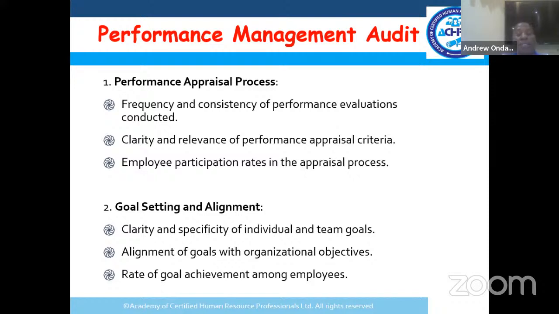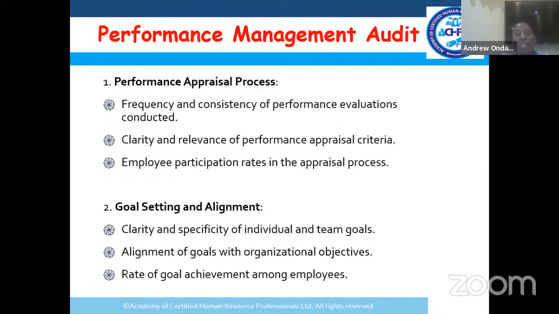And then lastly is the rate of goal attainment. And that is what we measure as we plan this process of performance management. The number of goals, you can tick them in a box where you have 5 goals and you achieved 3. Is that good enough? You had 5 goals, you achieved 4. Is that good? And that is the way in which we are going to measure our performance or the way we